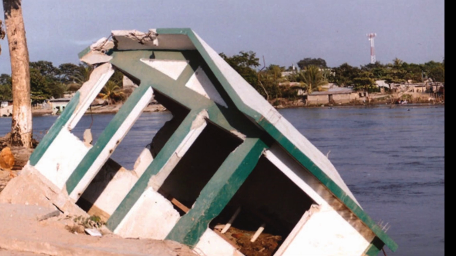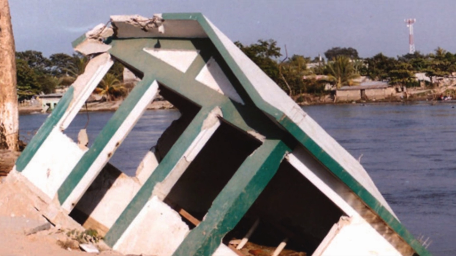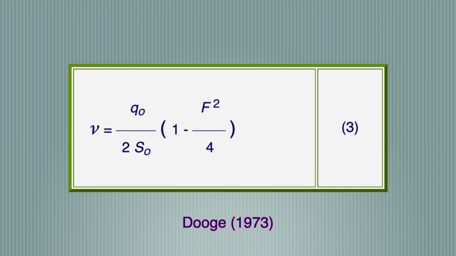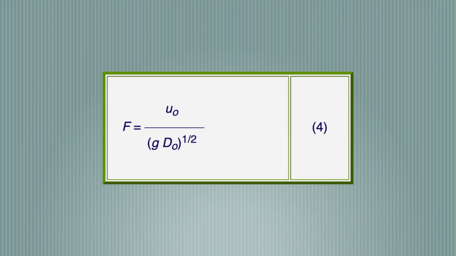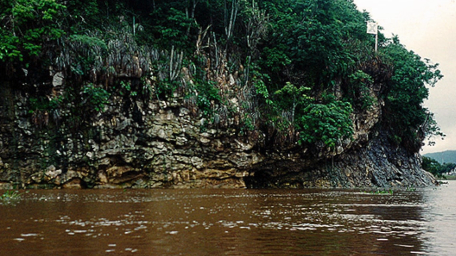The diffusion coefficient or hydraulic diffusivity for Chezy friction in hydraulically wide channels is, in which Q sub O equals unit width discharge, S sub O equals bottom slope, and F equals Froude number, defined as follows, in which U sub O equals mean velocity, D sub O equals hydraulic depth, and G gravitational acceleration. In most cases of practical interest, the hydraulic depth may be approximated by the flow depth Y sub O. The dispersion coefficient or hydraulic dispersivity is